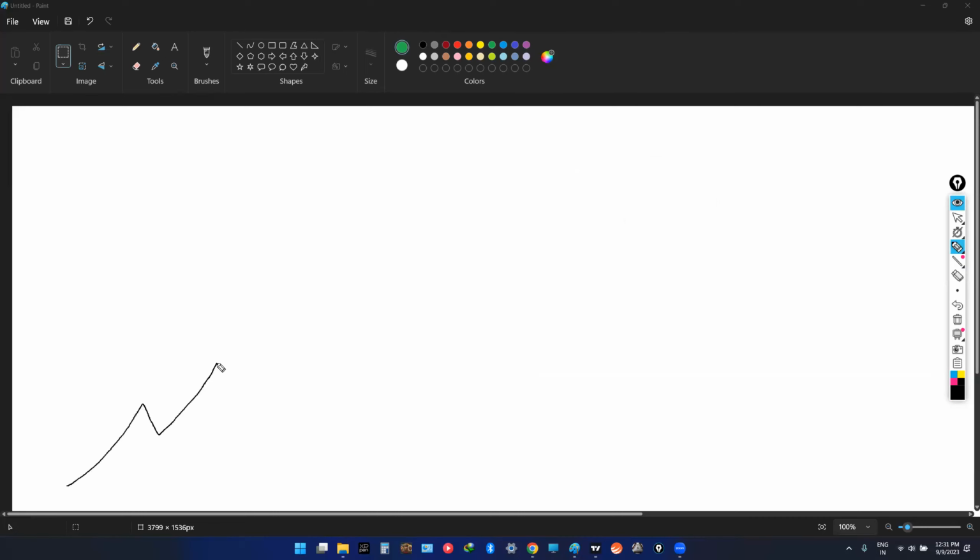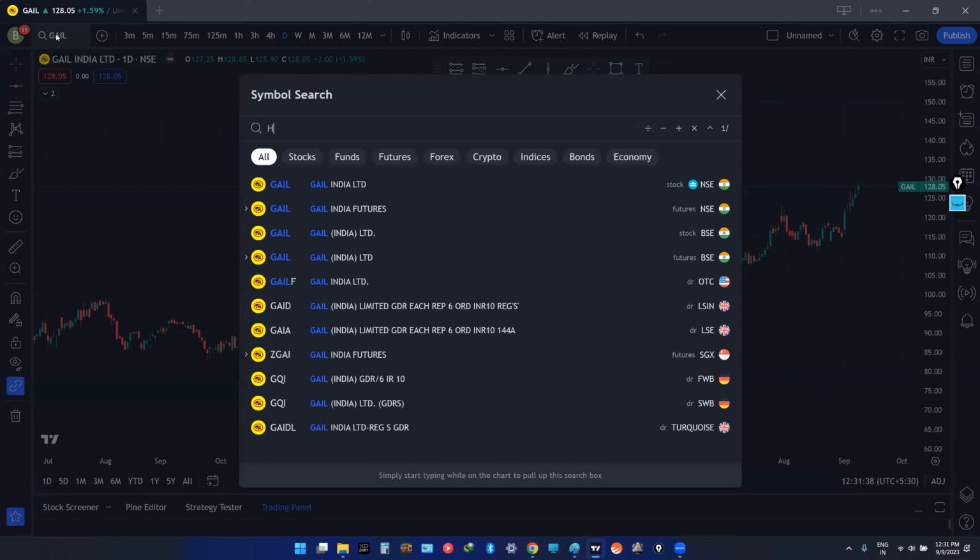HDFC has been in an uptrend most of the time, majorly uptrend. So what happens? Every time HDFC falls and this third part starts to form, people generally buy here and it again goes up. This is what people generally say as buy on dips. So if I go to HDFC Bank's chart,